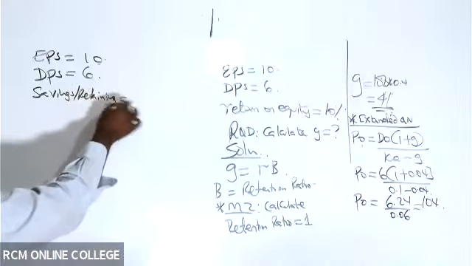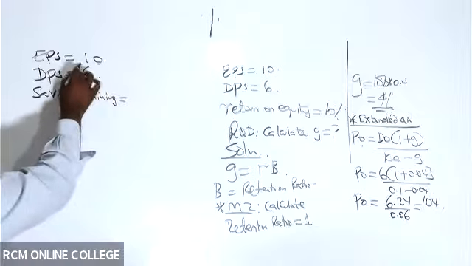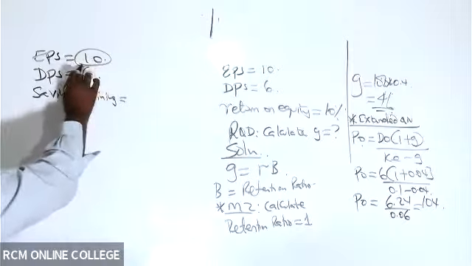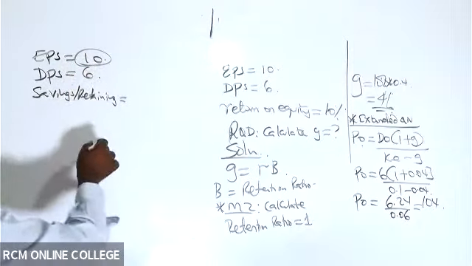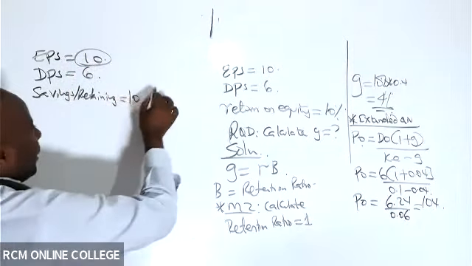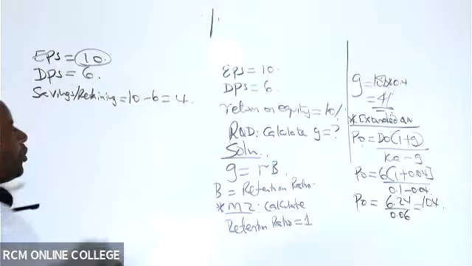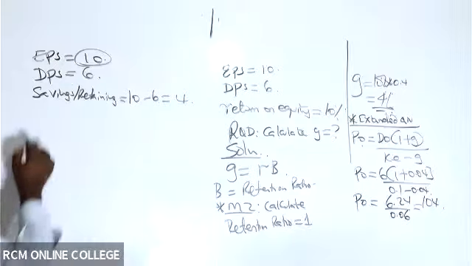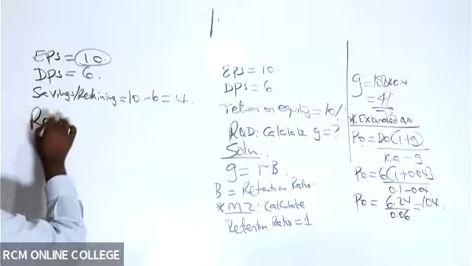How much are they retaining? In this case, the share has earned 10 from their business. They've been able to earn 10. Now they are paying 6. So the savings will be 10 minus 6, which will be 4. So in terms of the ratio now,